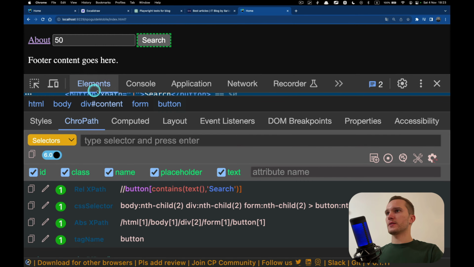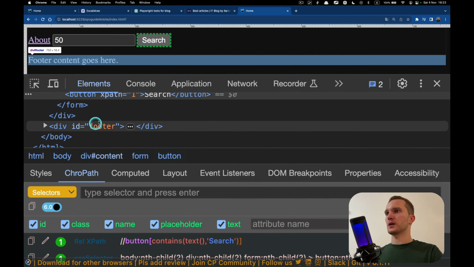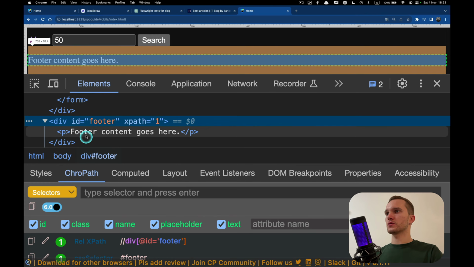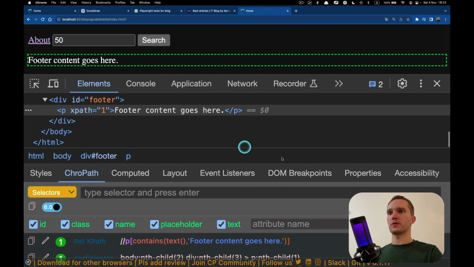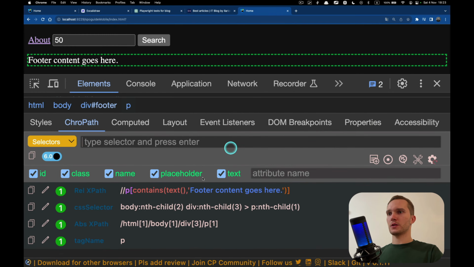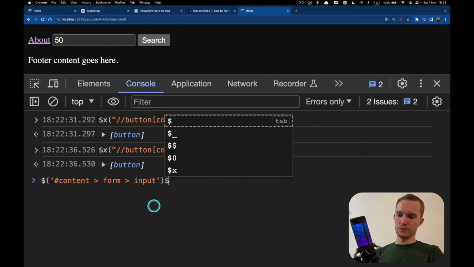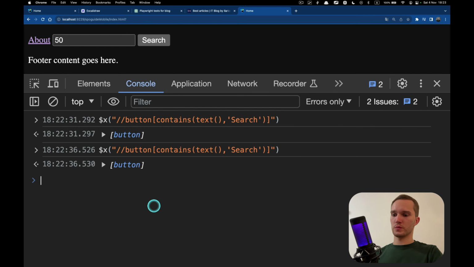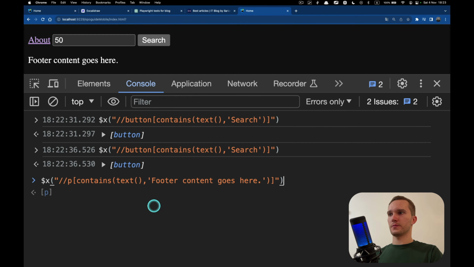Okay, let's try another element. Let's try choosing the footer, for example, and see how this footer paragraph. All right. So this is this component. Okay, XPath. Let's try to copy XPath. $x. Oh, oops. Okay, and yeah.